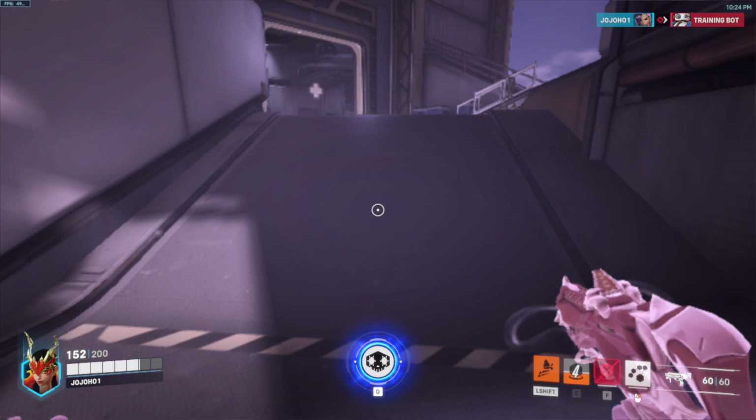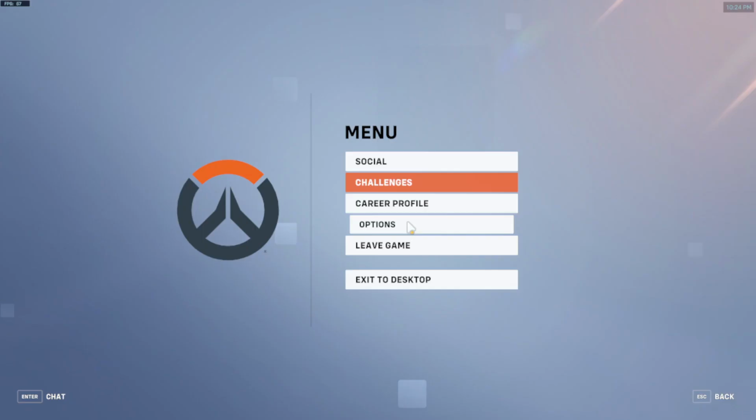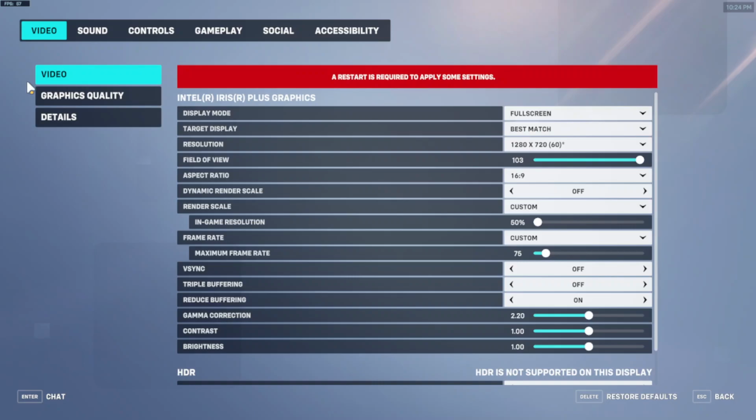Anyways, this is basically it. I mean, okay, so if you're getting good FPS, like 60 or something, the things that you can turn on that like look better but doesn't really affect